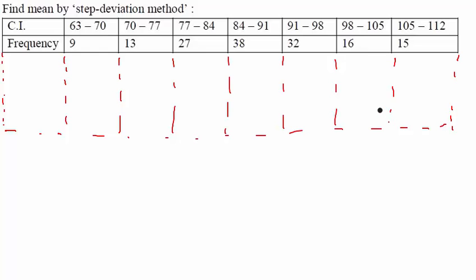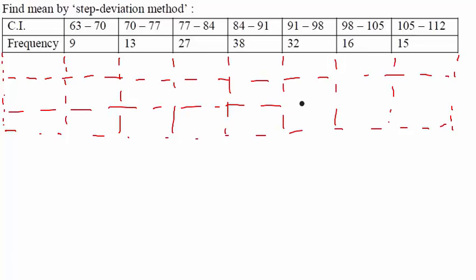So what we do, we first find the mid values of all the class intervals. The mid value of a class interval is represented as xi. So here xi will be 66.50. What is the mid value? It is the upper limit plus the lower limit divided by 2. 66.50,